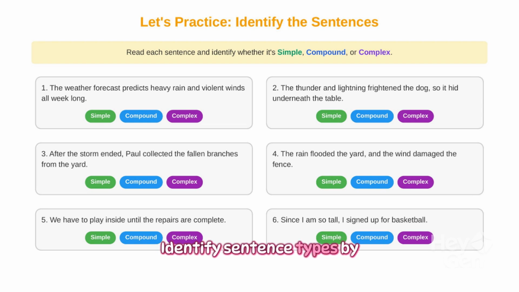Identify sentence types by structure. A simple sentence has one independent clause, like the weather forecast predicts heavy rain. Compound sentences join two independent clauses with a conjunction, such as the rain flooded the yard and the wind damaged the fence. Complex sentences combine an independent clause with a dependent clause, like after the storm ended, Paul collected the